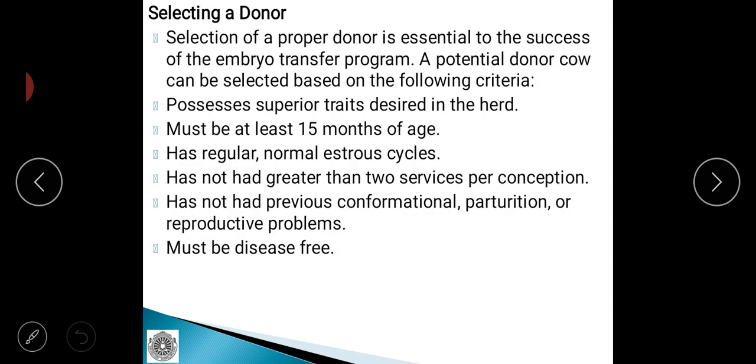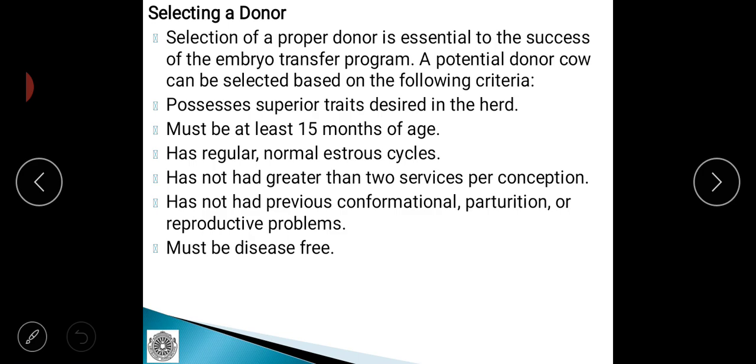Selecting a donor. Selection of a proper donor is essential to the success of the embryo transfer program. A potential donor cow can be selected based on the following criteria: possesses superior traits desired in the herd, must be at least 15 months of age, has regular normal estrus cycles, and has not had greater than 2 services per conception,